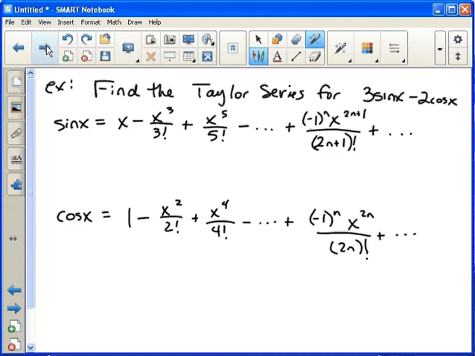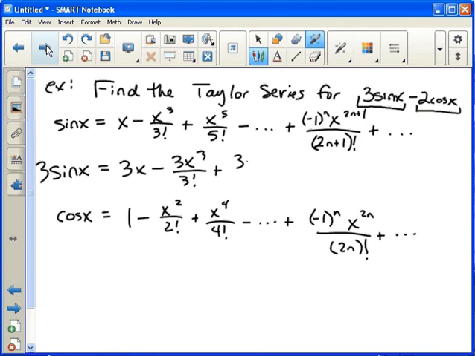Now, we have sine of x here, and we want 3 sine of x, because what we're going to have to do is first get 3 sine of x, then get 2 cosine of x, and then we will subtract the 2. So just so you know, I'm going to expand sine a few more terms since I'm not going to do the general form or general term. We'll get 3x minus 3x cubed over 3 factorial plus 3x to the 5th over 5 factorial minus 3x to the 7th over 7